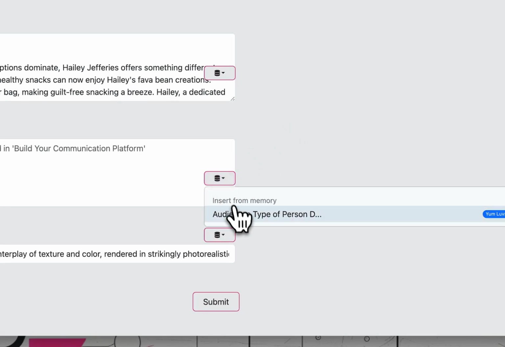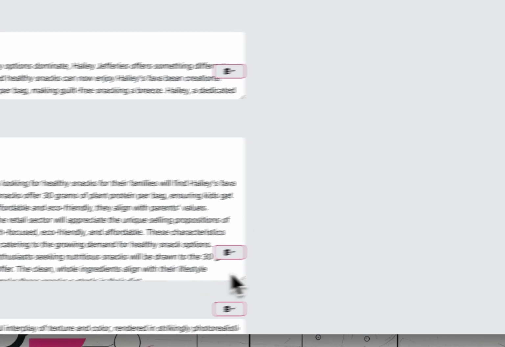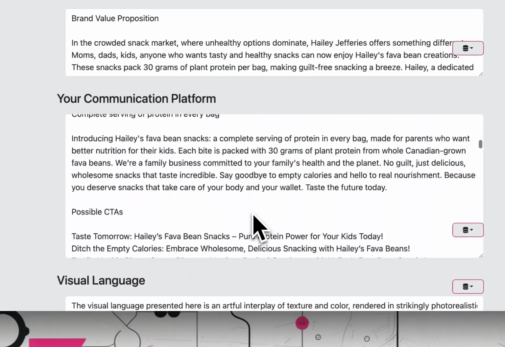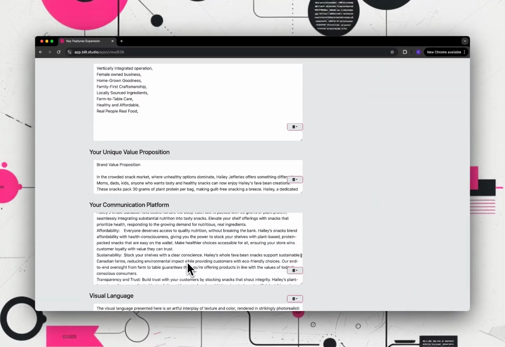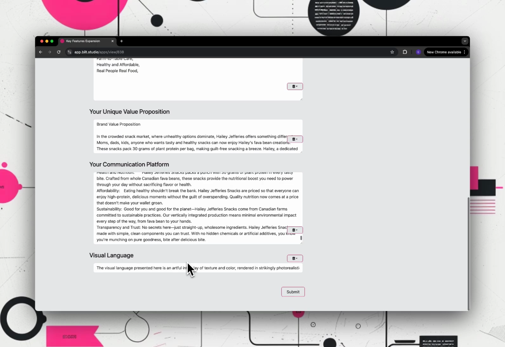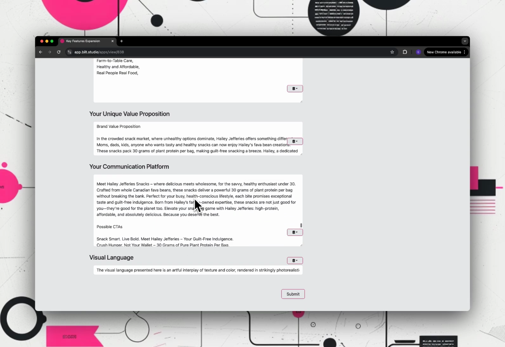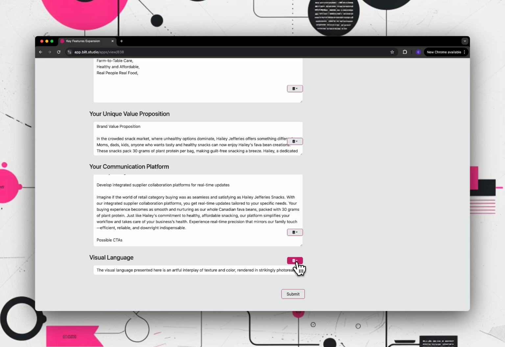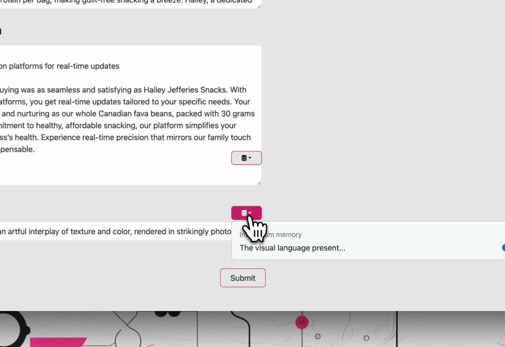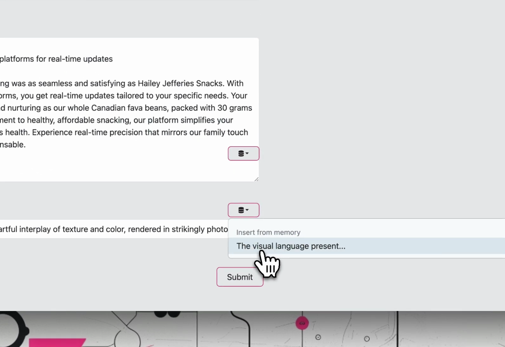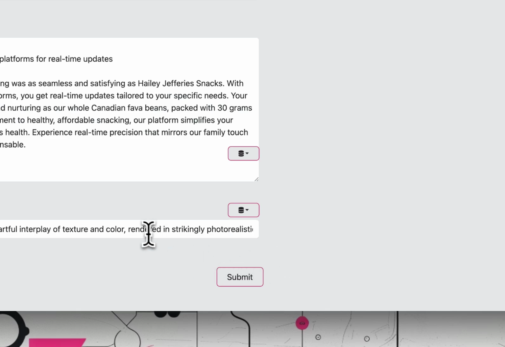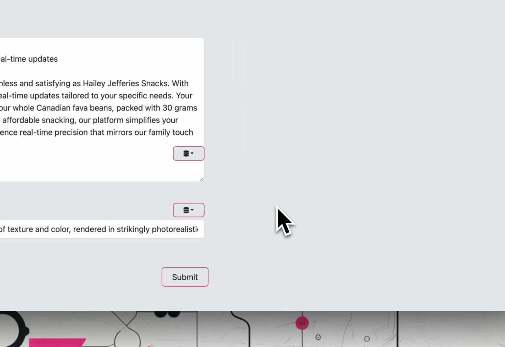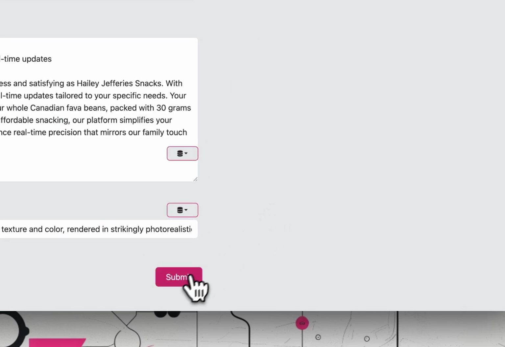Here's our communication platform. This is where these applications get very powerful. You can see how much data the system's going to be using when it's writing content. This is all important insights that come from the customer insights and the market trends analysis. And because I went through the mood board creation, I do have this element within the visual language already written. So this already is a nice copywritten explanation of the visual language for my brand. So once I'm ready with those, I'm going to hit submit, and then